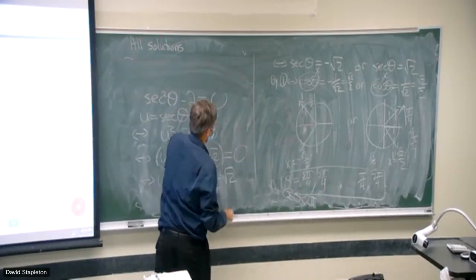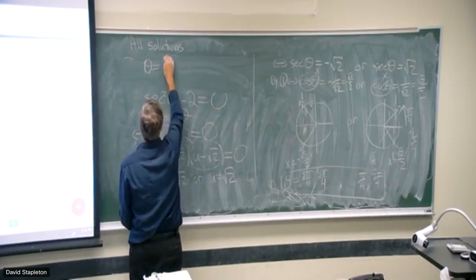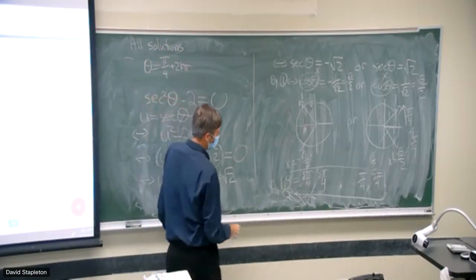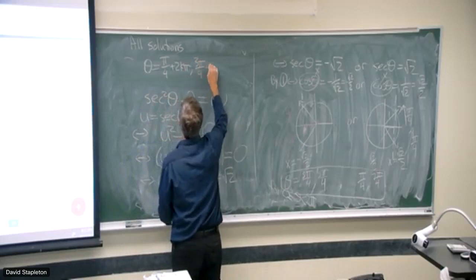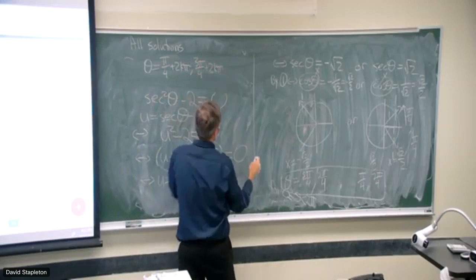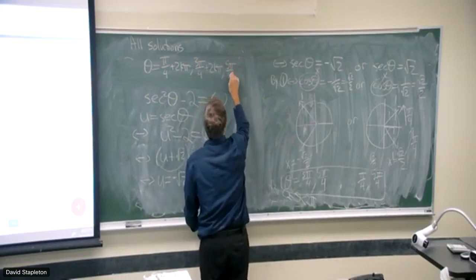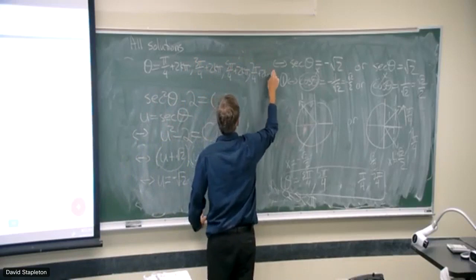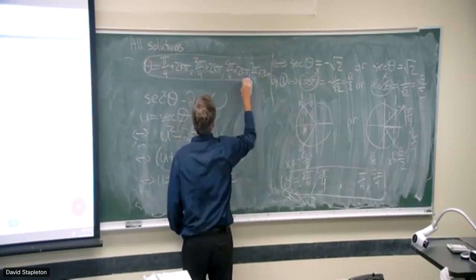All solutions are therefore theta equals, let's see, pi over 4 is one of them, plus 2k pi. 3 pi over 4 is another one. I can add 2k pi. 5 pi over 4 is another one. I can add 2k pi. And 7 pi over 4 is the last one. I can add 2k pi. Here's all 4 of those angles, plus an arbitrary number of rotations. And this is the correct answer, and I will give you full credit for